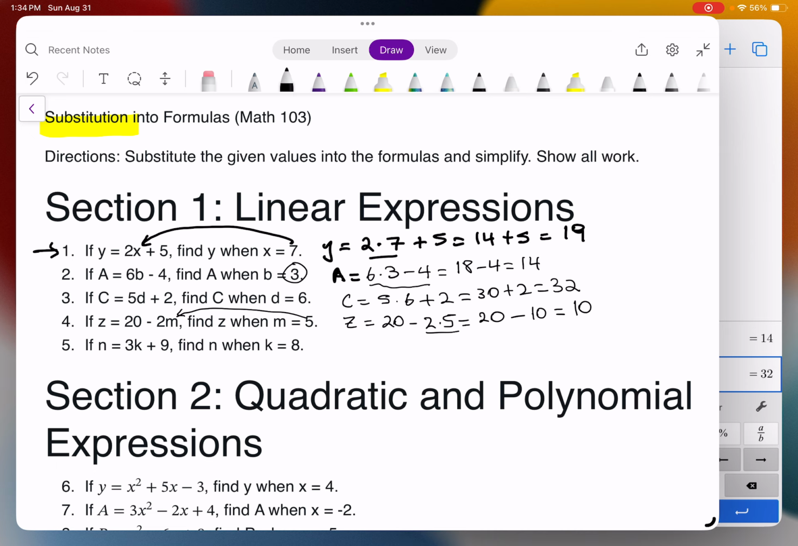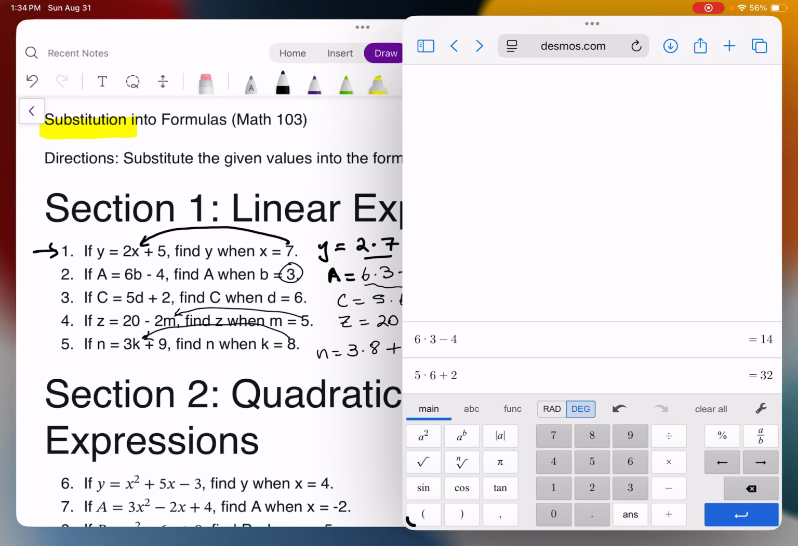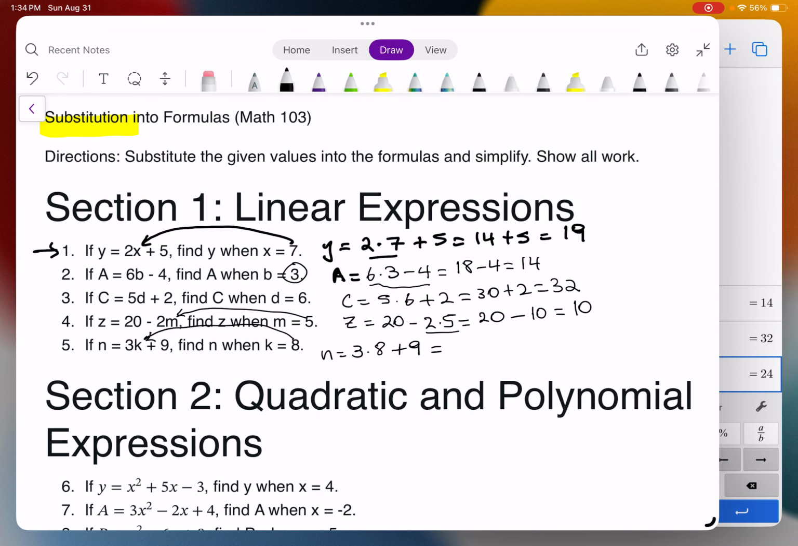On number 5, we have n equals 3 times 8, with 8 in place of k, plus 9. So in the calculator, we will say 3 times 8. Do not hit enter, just type in the whole thing at the same time, plus 9,